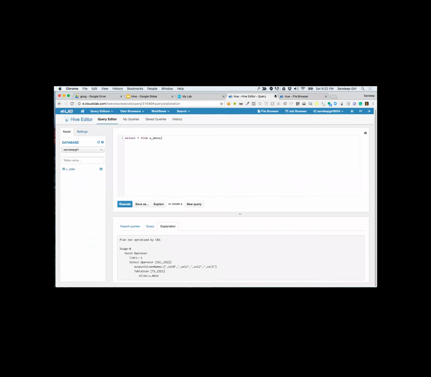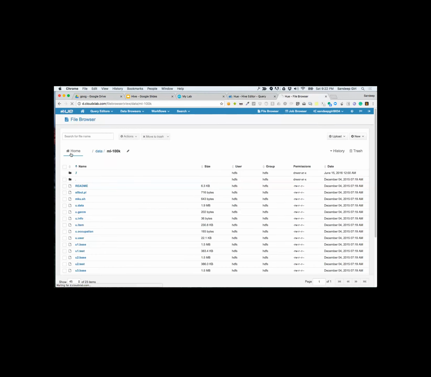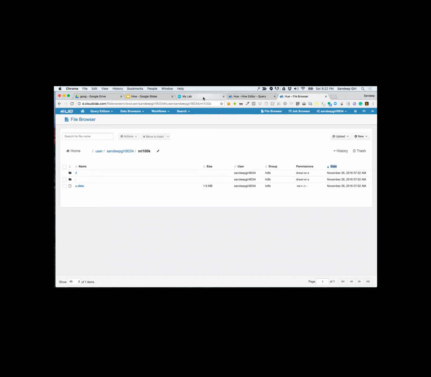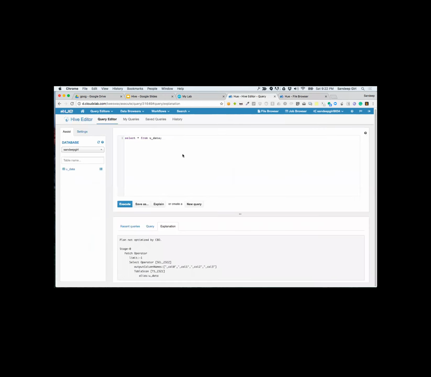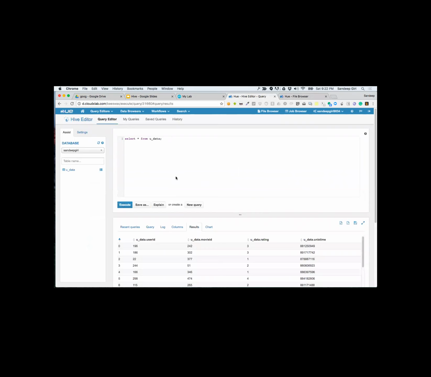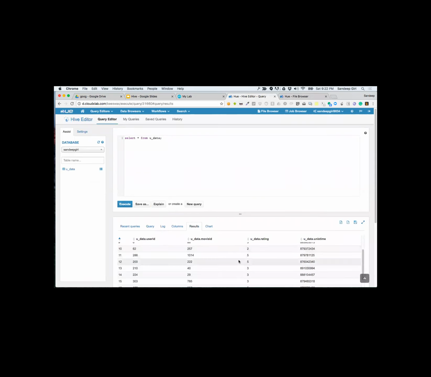Now if I go to home directory, I have the table, I have this file, I have the folder. Now I can click on it. So it's basically loading this data as a table.